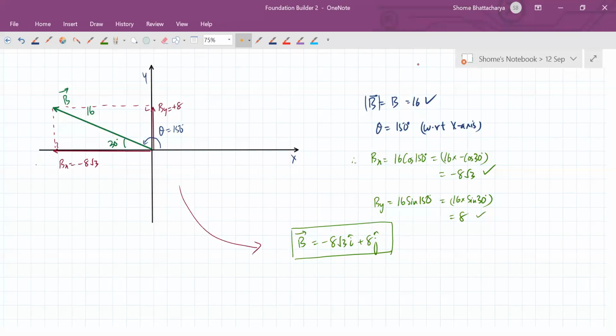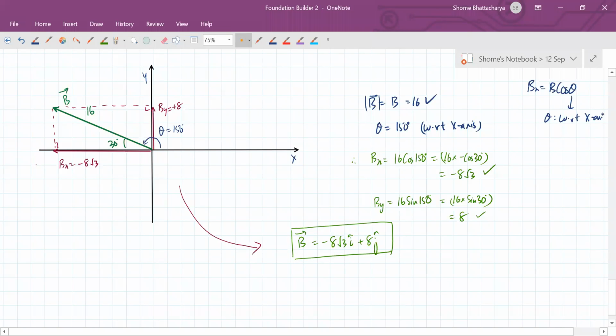No, we don't take with respect to x y axis है ना. हमने definition ही ऐसा किया ना बेटा, that's why we are taking the x component of a vector as B cos theta, because theta is with respect to x axis. Same reason why we are taking y component as B sin theta. So ये definition आया ही यहीं से, because theta is with respect to x axis. Okay, Sneha, is this clear, beta?